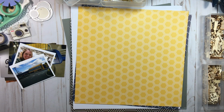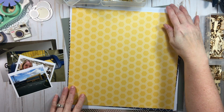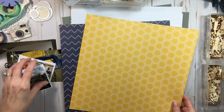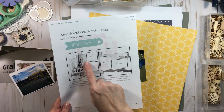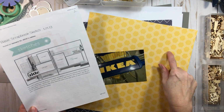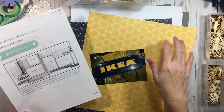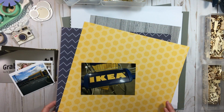And I was just looking to see where those papers were made, and we're just going to move on from there. Okay, so I do try to pay attention to where my papers are made, but you can just do what you can do. Okay, so there's my blue and yellow, and that's exactly what I'm going to do with, because in the sketch, I'm going to have to strategically use one of these, and I'm going to have to cut it. Because that's all I have. That's the only two I had in that pad,